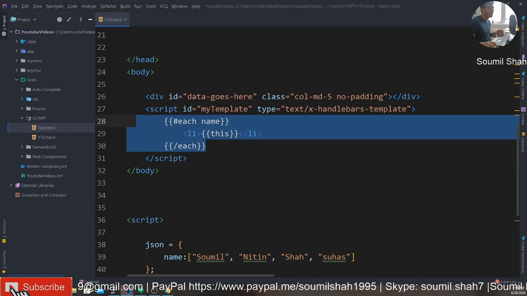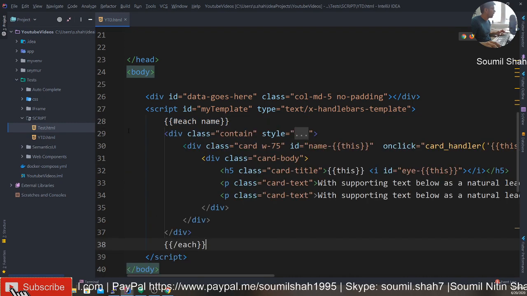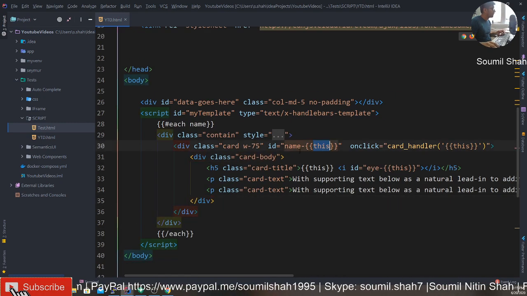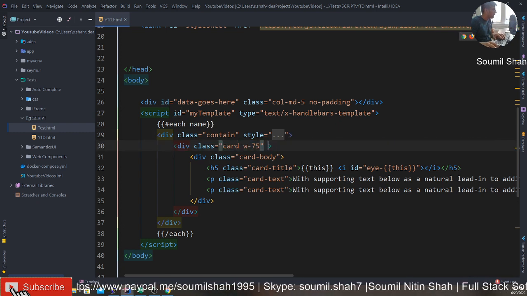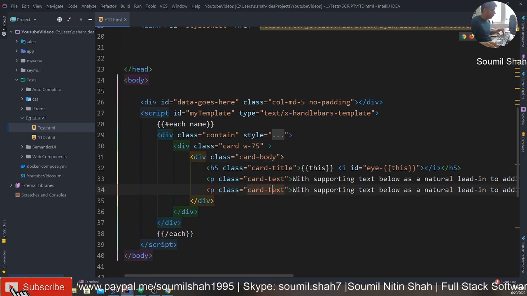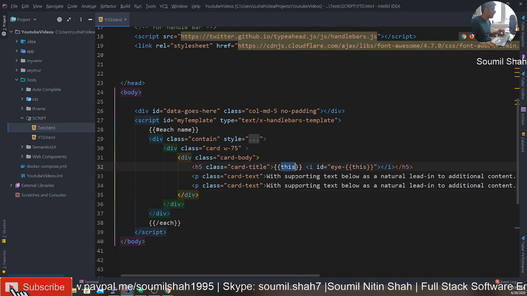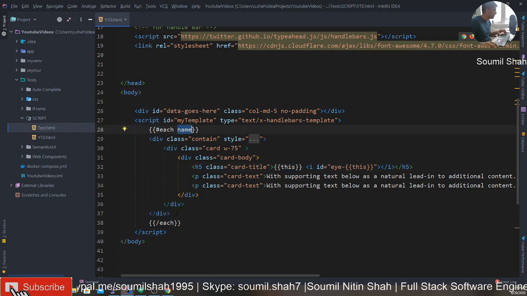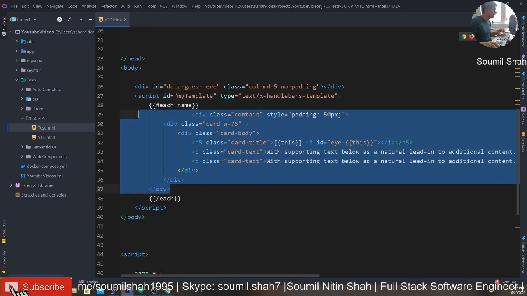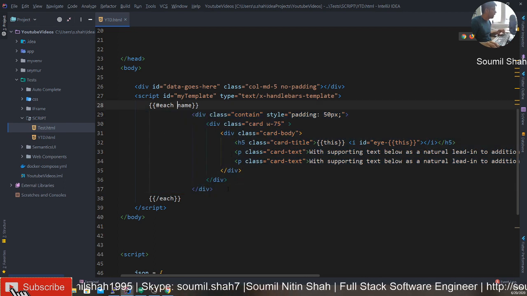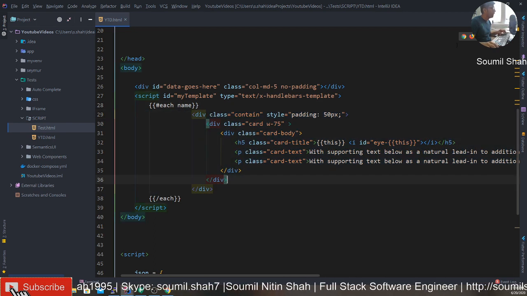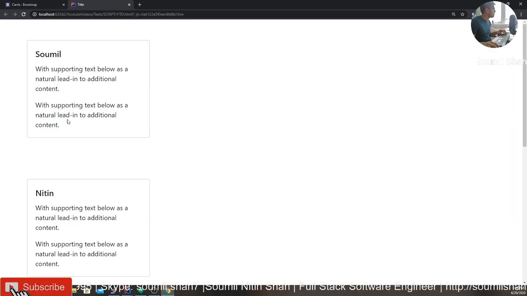So I just copied from the Bootstrap stuff, so I'm gonna paste it to make the video shorter. It's gonna be a little complicated, so I'm gonna be removing, let me get rid of all of that. Okay, so what this does is basically it just prints the name. For each name, we are adding this div element, right? So if I run it again, sure enough, right?